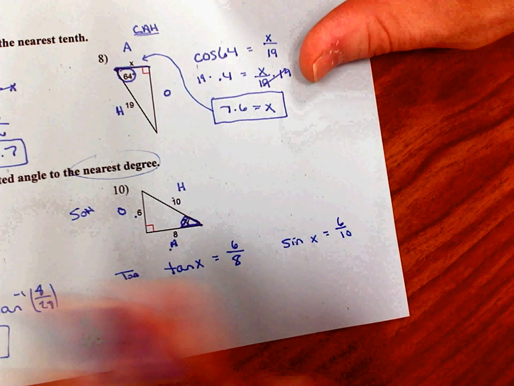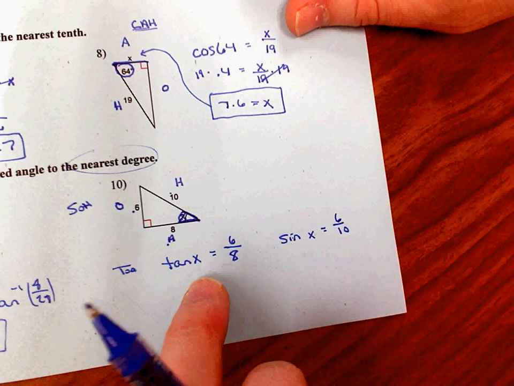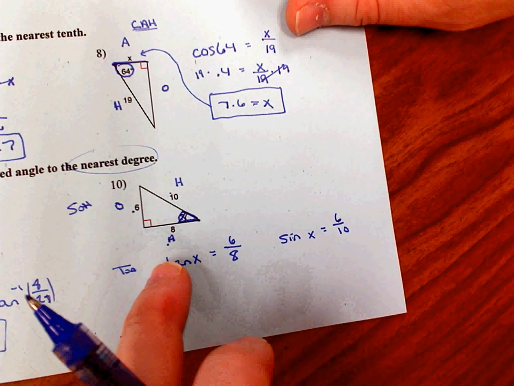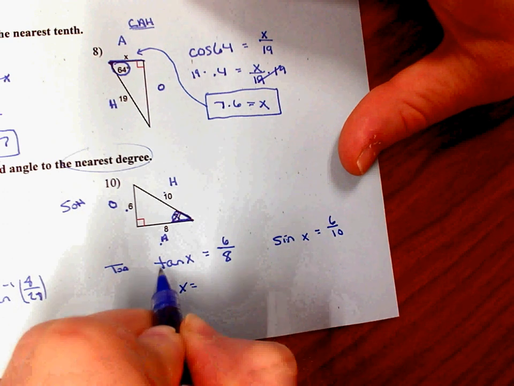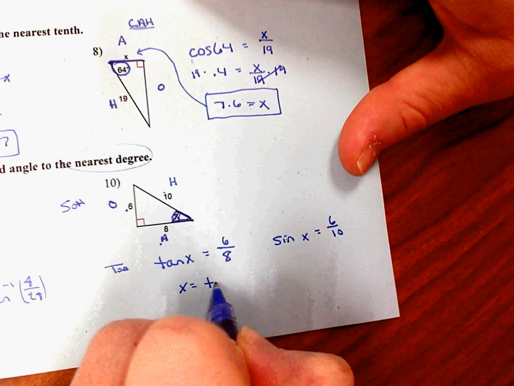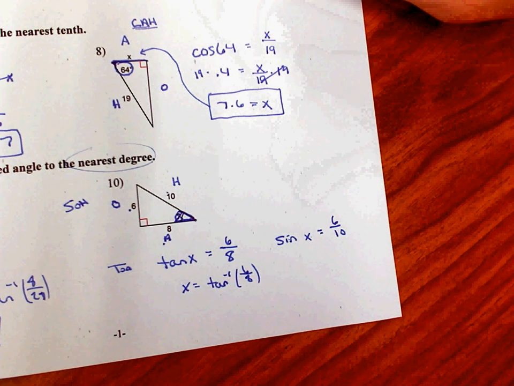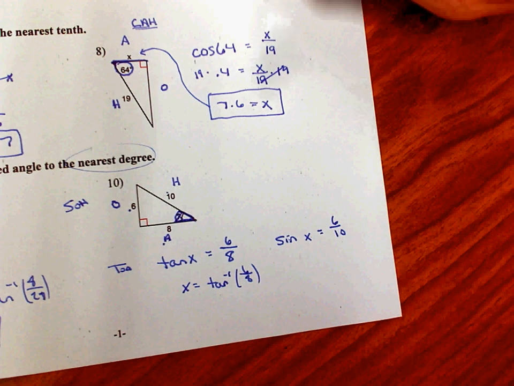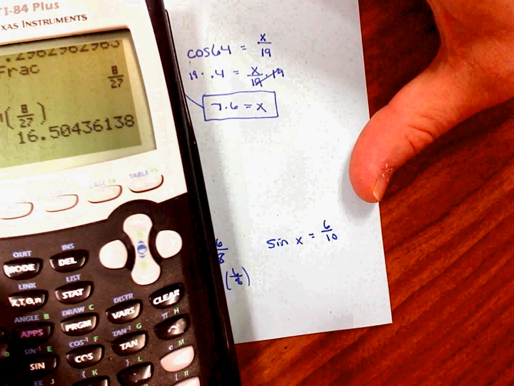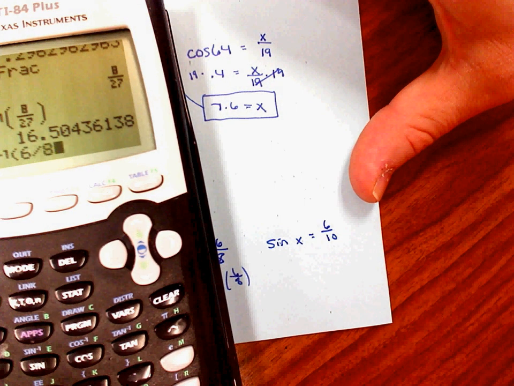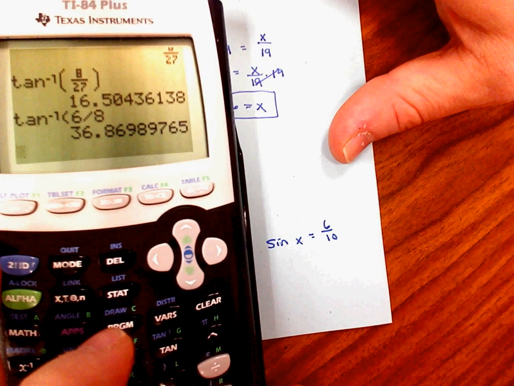but I'm running out of room. So what if you picked this and you did it based off of tangent, which is opposite over adjacent, 6 and 8? Well, then you would take the inverse of both sides. Remember that the inverse of both sides is going to cancel the tangents out. So to save myself some room, that's really all that happens: you take the inverse of the other side and you got your x by itself, and you get inverse tangent 6 over 8, 36.86, which if you round that to the nearest degree would be 37